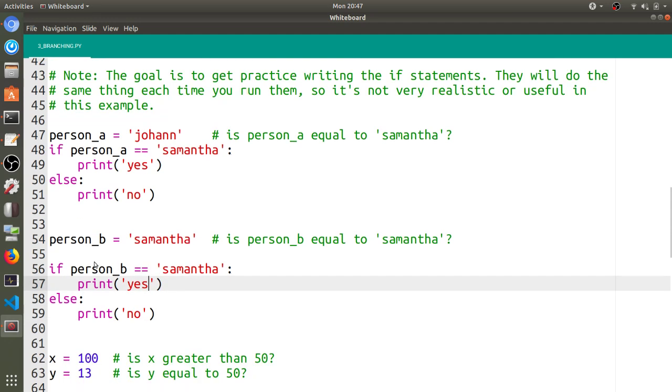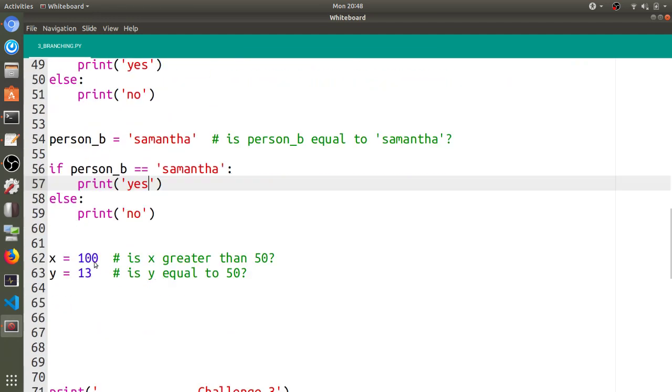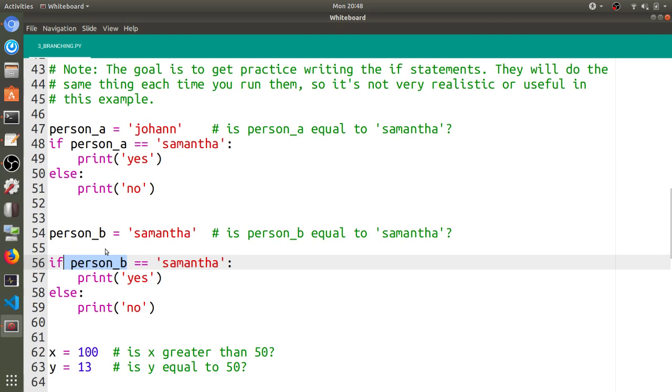So that's how we check those two. Any questions about this? We're writing if statements that check if a string is equal to another string, because what happens here is it resolves. So this means person B resolves to Samantha, and then it's checking: is the string Samantha equal to the string Samantha? Yes, the string Samantha is equal to the string Samantha, so then that becomes true, and it goes into the